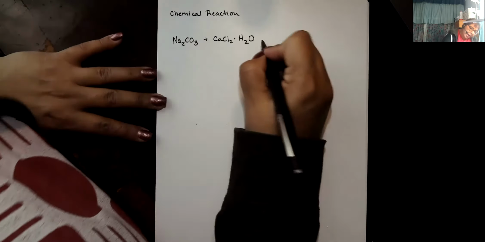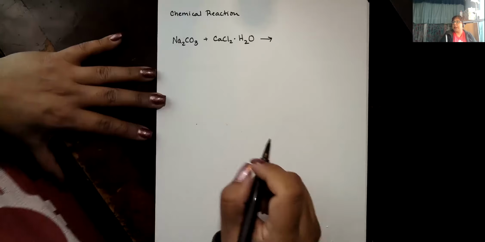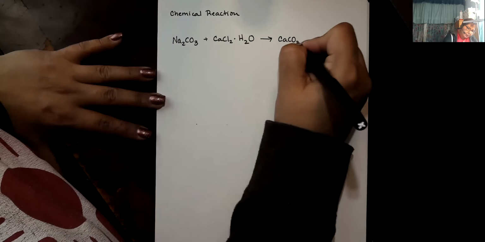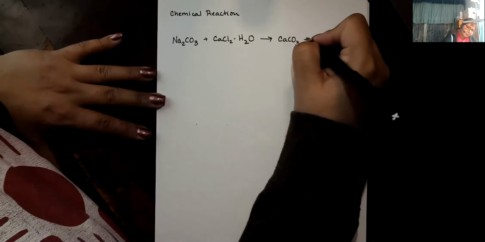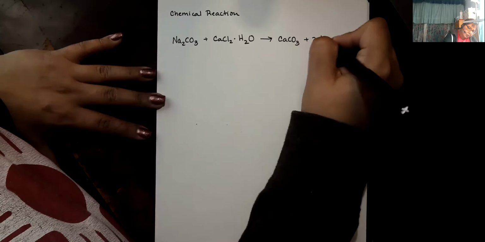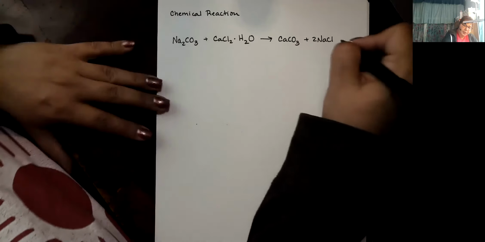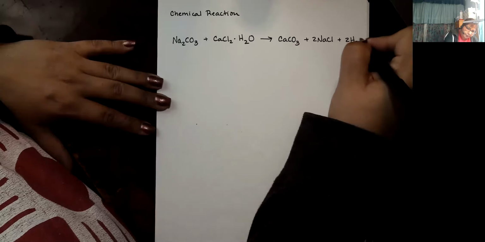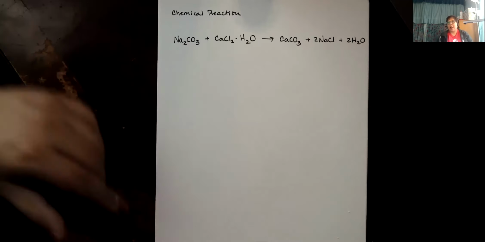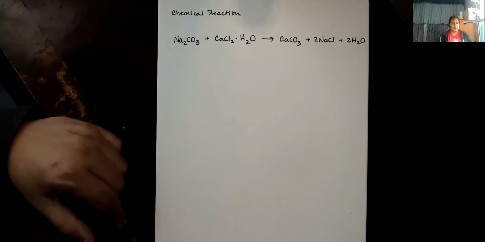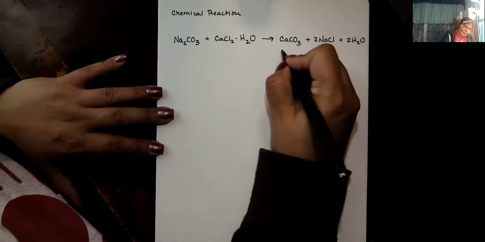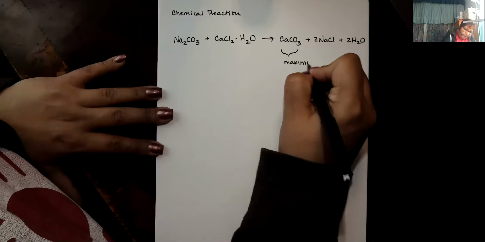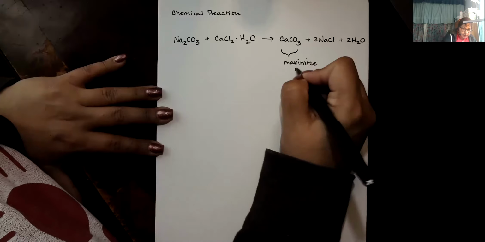Well, when we react this together, we actually form three products: calcium carbonate, a little bit of sodium chloride, and then the water comes off of here as well. And so our activity today is going to try to maximize the percent yield